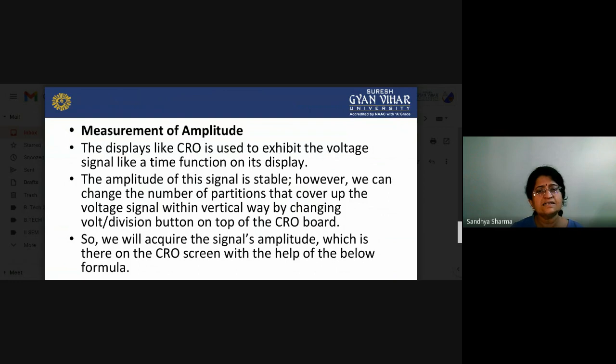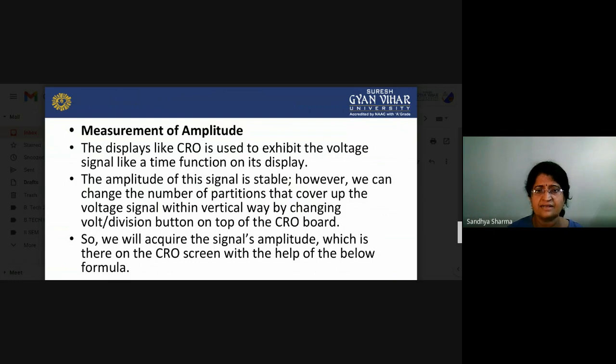So we can change the number of partitions that cover the voltage signal in the vertical way. So you can only change the presentation of your signals. You cannot change the actual value of signals. If you want to change the volts per division, that is, the number of partitions,